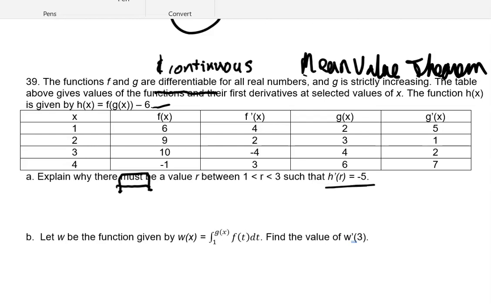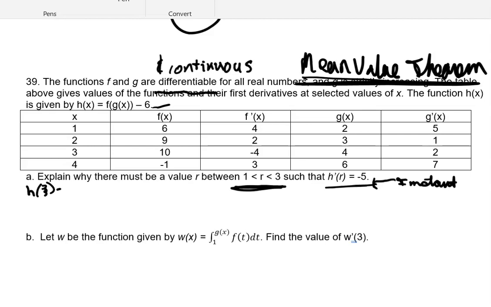So if you remember the mean value theorem up here, the mean value theorem says the instantaneous rate of change, that's our derivative. So that's this guy. This is our instantaneous rate of change. Must equal the average rate of change. And if you remember, the average rate of change is over an interval. So what they had to do here is understand that you were being tested on the mean value theorem. And what we would need to know is then if I could show that h of 3 minus h of 1, over 3 minus 1,